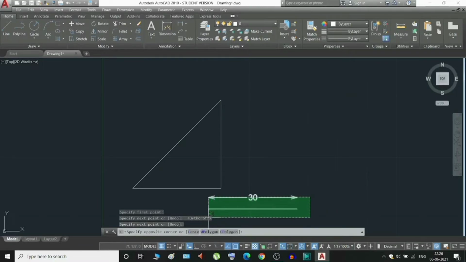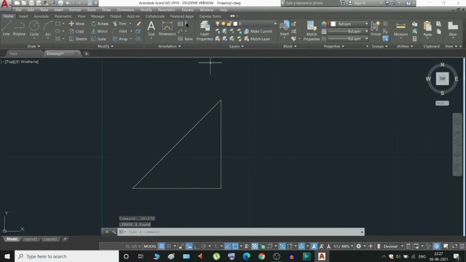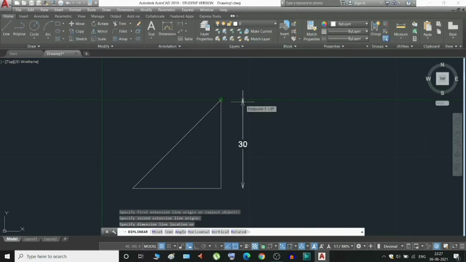So let's first delete this. So if I select the linear dimension here for this line, it will appear like this.